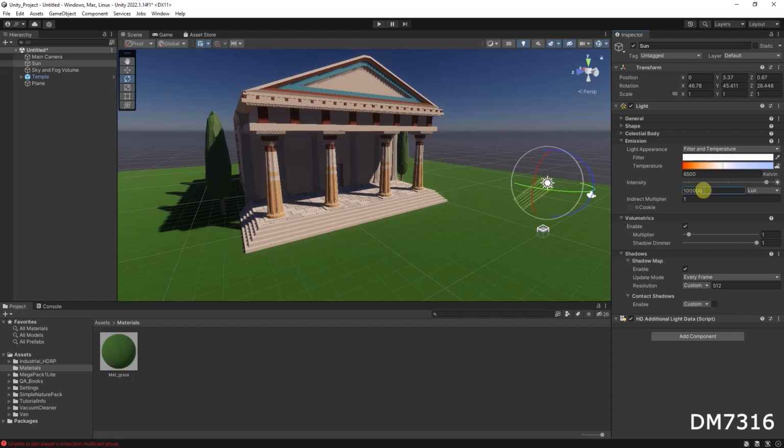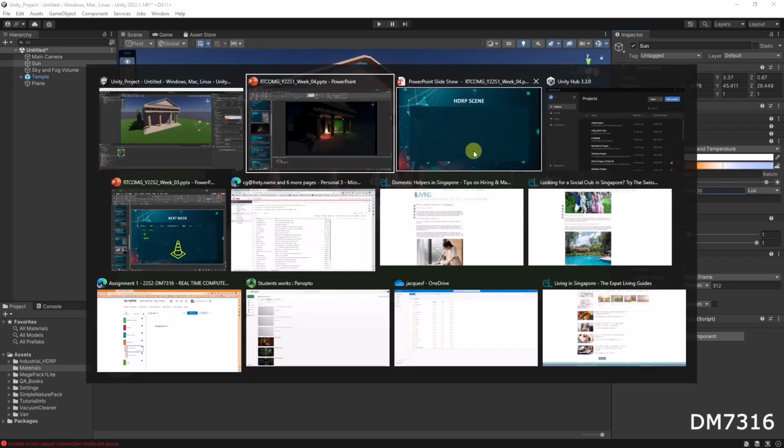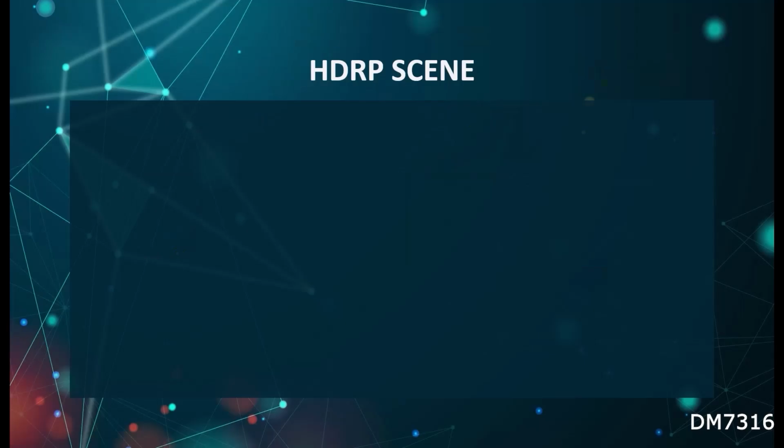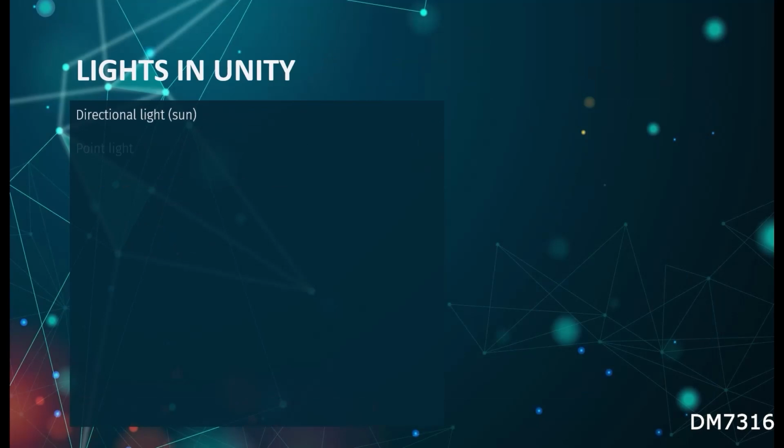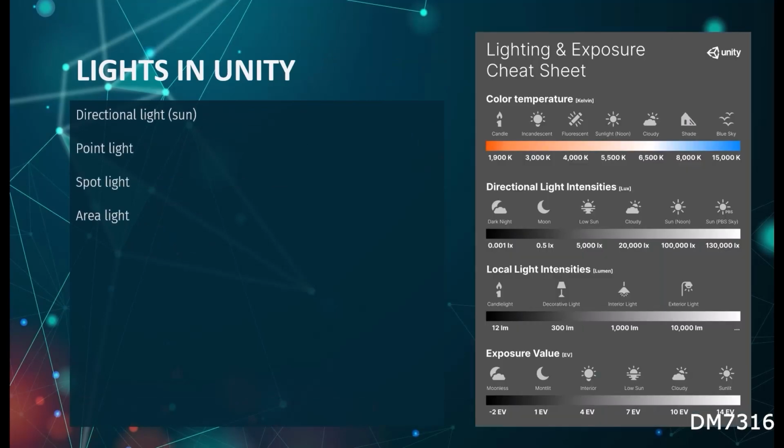This first value is super important. It has to be correct from the beginning, otherwise you will have a lot of problems. So how can we know what this value is? Actually, I will show you a document about the light in Unity. This is the document on the right given by Unity, and it will be in the slides that I prepared